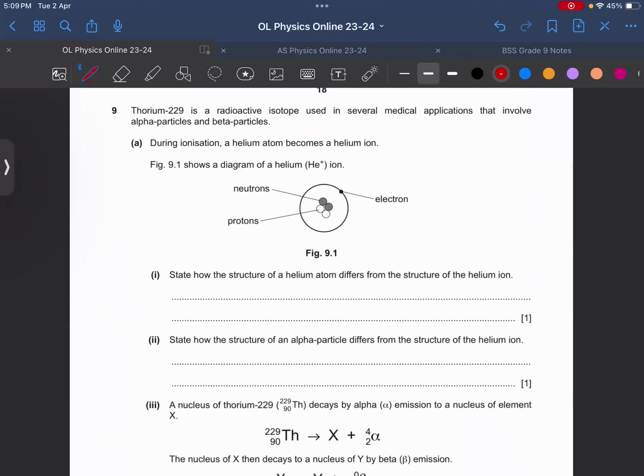9. State how the structure of a helium atom differs from the structure of the helium ion. Atom और ion का क्या फर्क है? तो atom को इस केस में आपको ion दिया हुआ है, right? So it has lost one electron. तो आप बोले atom has one more electron, या बोले ion has one less electron. ठीक है, डिफरेंस पूछा।